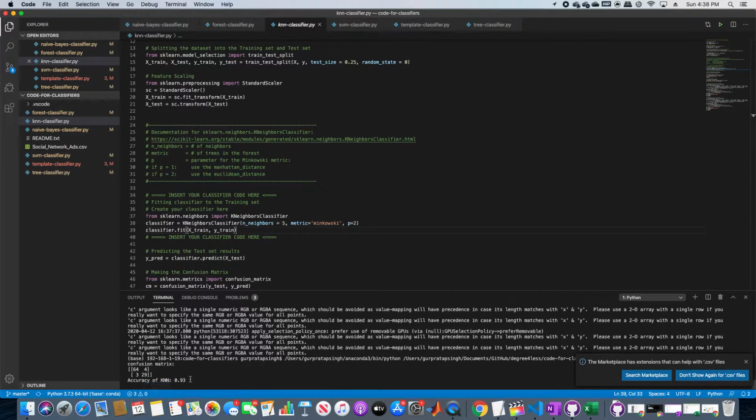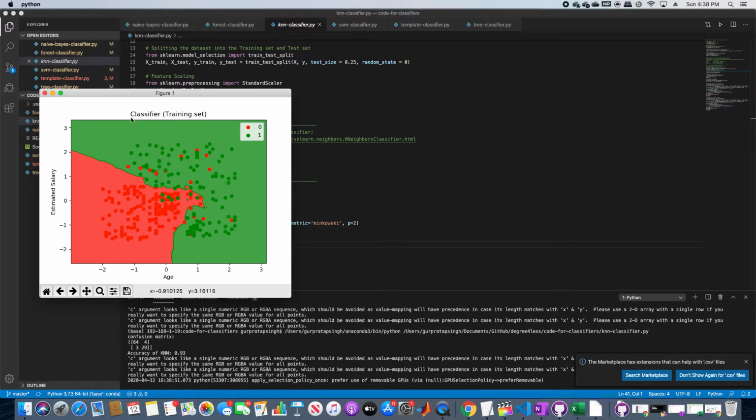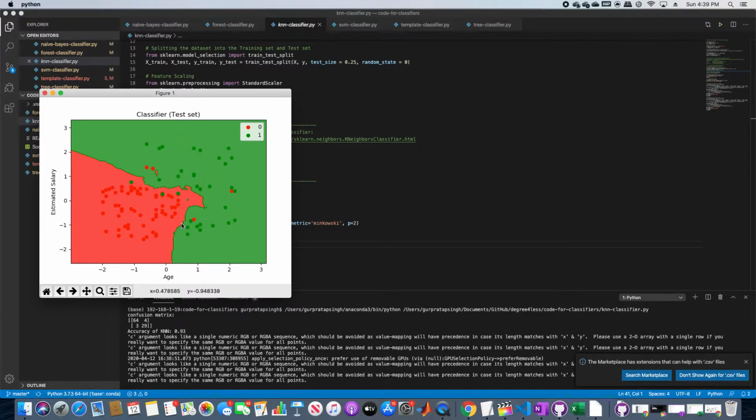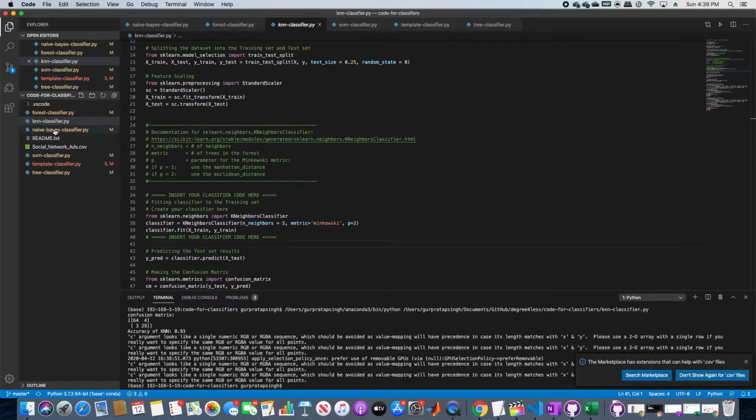KNN is giving an accuracy of 93%. We just wait for the graphs to populate, and that's the graph. It's a bit slower because KNN can be slow. KNNs are quite slow among machine learning algorithms because it has to plot the data